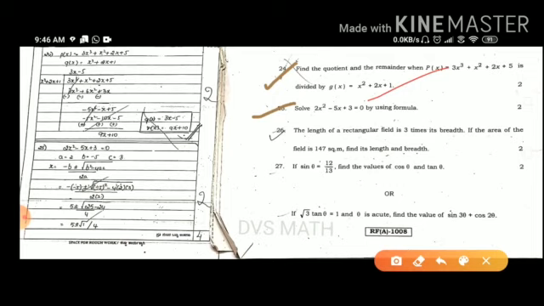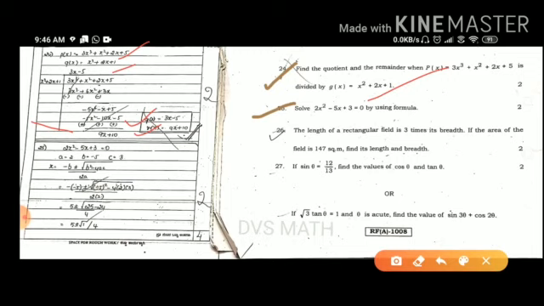So division, first write p of x, g of x, what is given, and regular division method as you all know, and finally write the answers in the box, that is q of x and r of x in the box. This is the presentation. This is the presentation of paper.